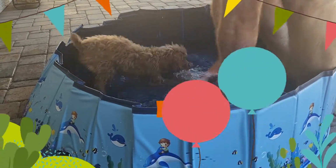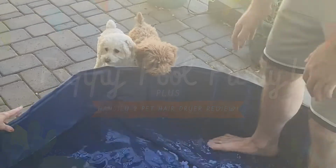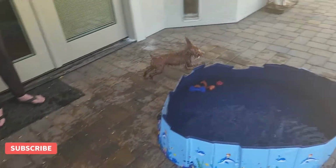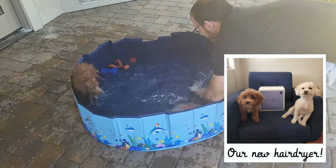Welcome to the pool party of the century. Meet your hosts, Layla and Lily the toy poodles. We hope you have a ball. And if we're going to have all this fun splashing about, we're going to need a way to dry off